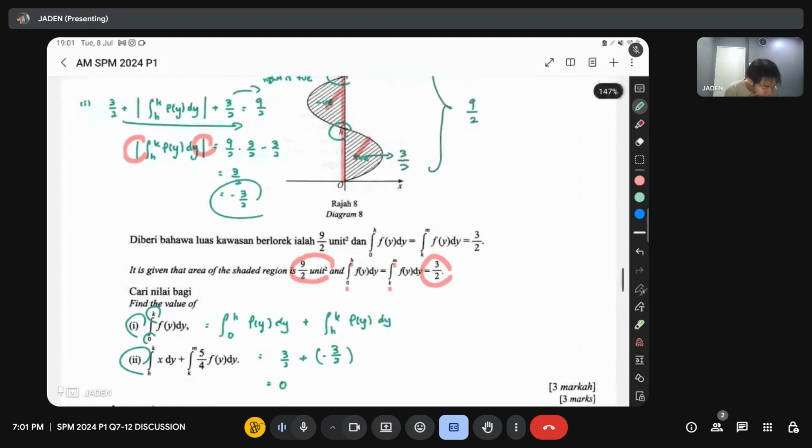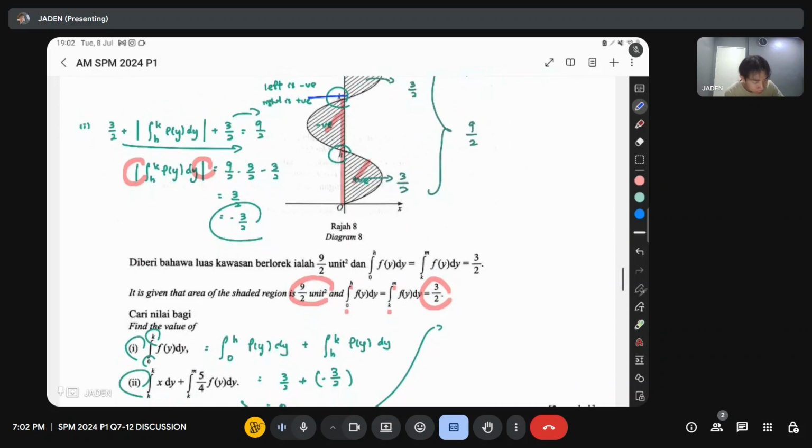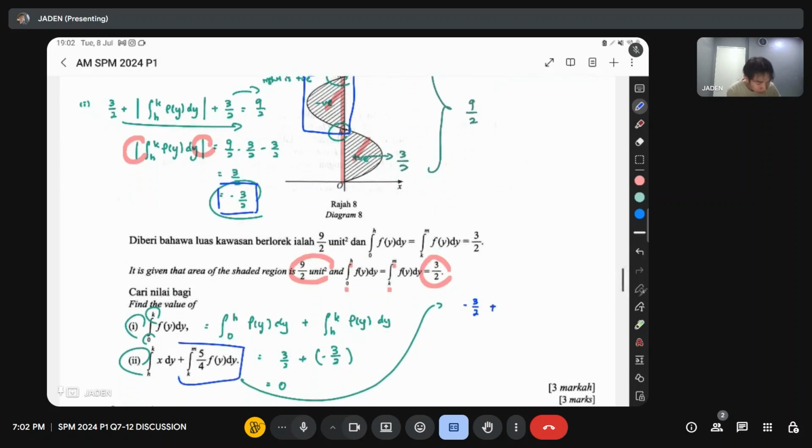Number 2 here says the integral from h to k of x dy plus 5/4 times the integral from k to m of f(y) dy. I'm going to solve this over here, in blue. For h to k of x dy, h to k means this region, and we just got our answer. This is the h to k region. So this is actually negative 3/2 plus